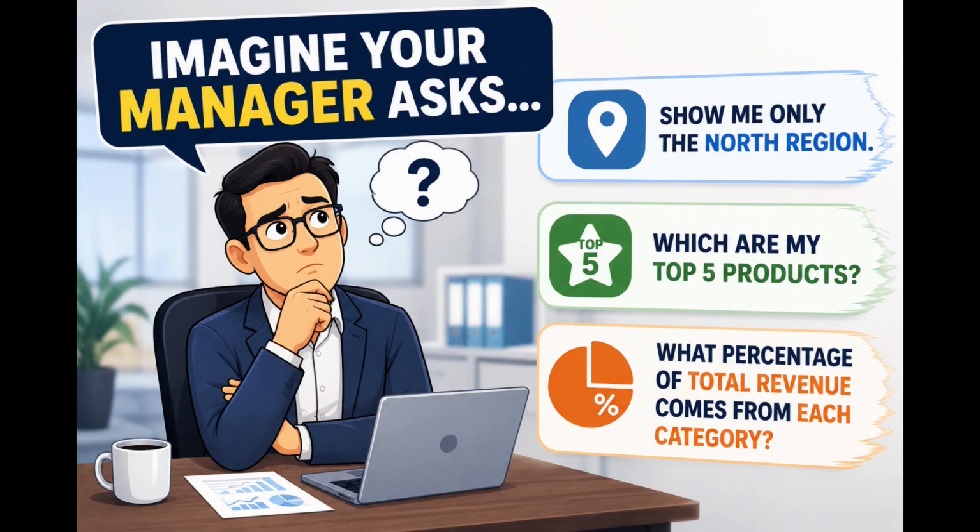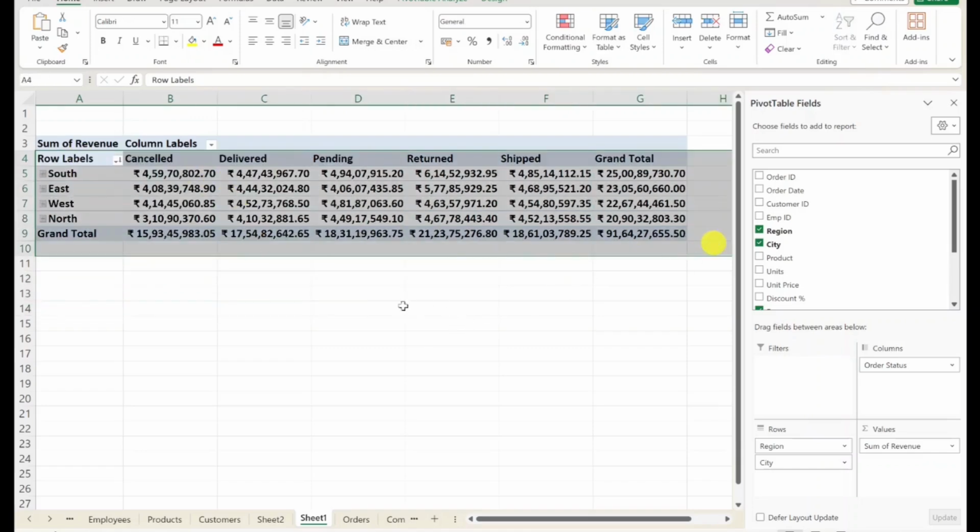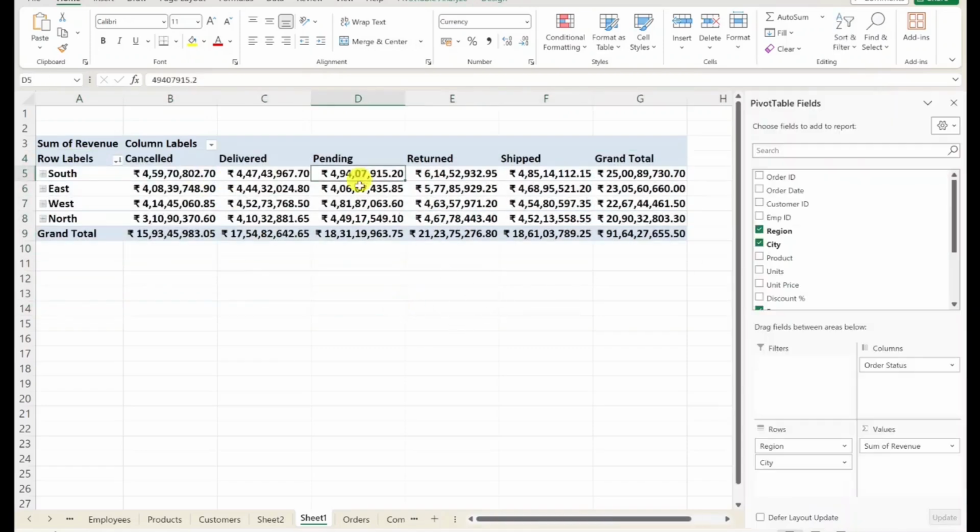Now imagine your manager asks you questions like, show me only the north region. Which are my top 5 products? What percentage of total revenue comes from each category? Now, instead of manually filtering thousands of rows, we are going to answer all of these questions in just a few clicks. Now, this is the report that we created in the previous lesson,